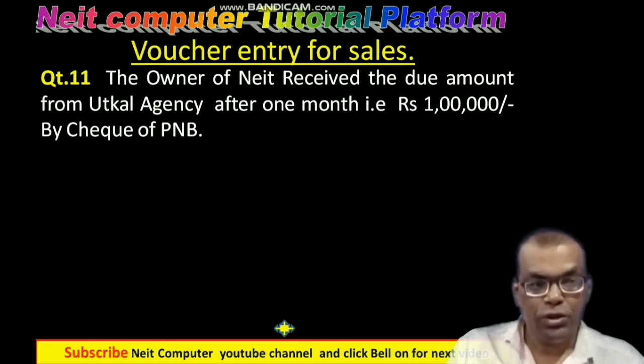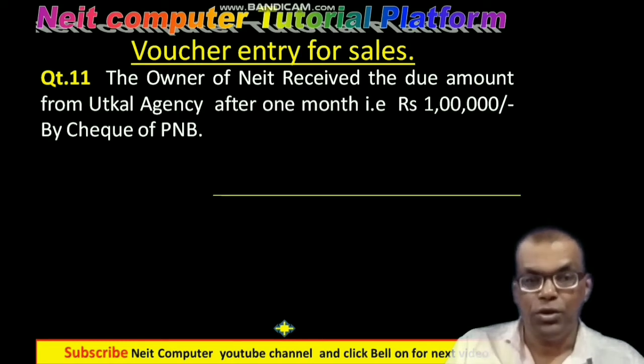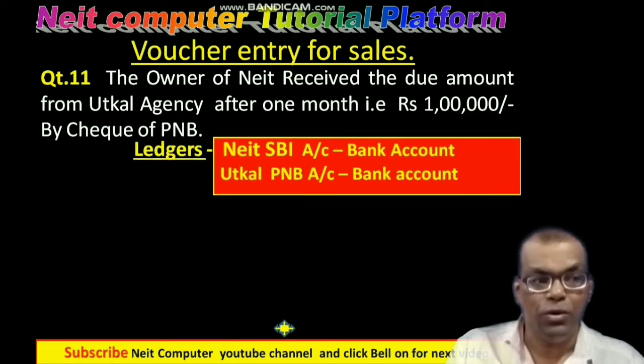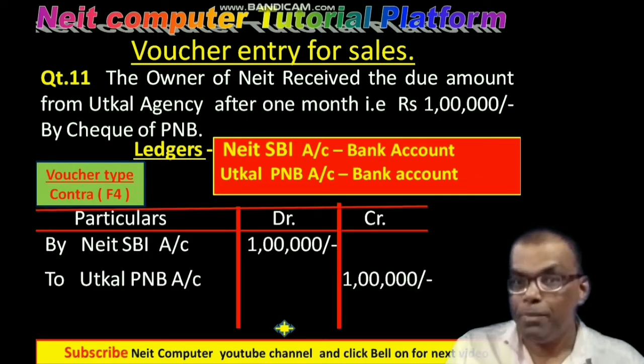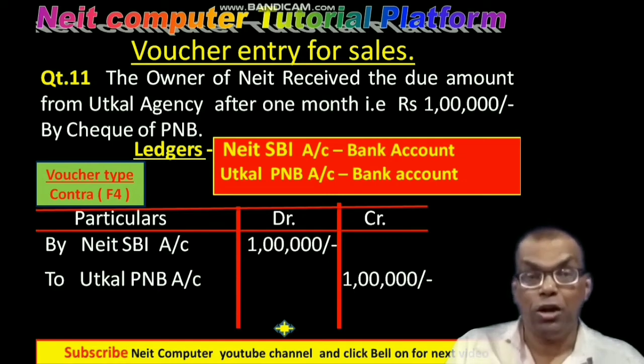The next question: the owner of Neit received the due amount from Utkal agency after 1 month, that is 1 lakh, by check of a PNB. That means Utkal agency has given a check of Punjab National Bank to the owner of Neit, because as per my previous question, the owner of Neit has to receive 1 lakh as his due amount from Utkal agency. So that is why Utkal agency paid not by cash but by the check of a PNB,